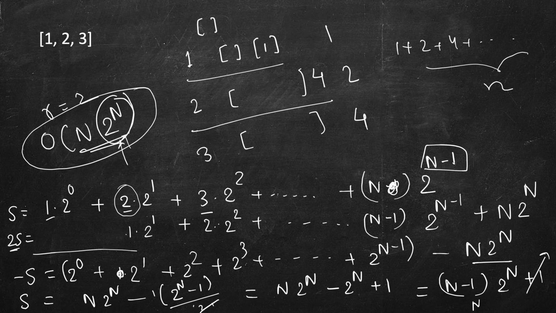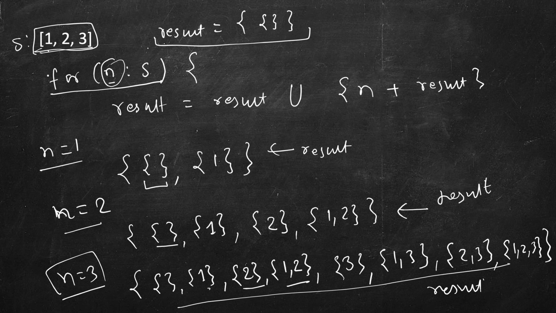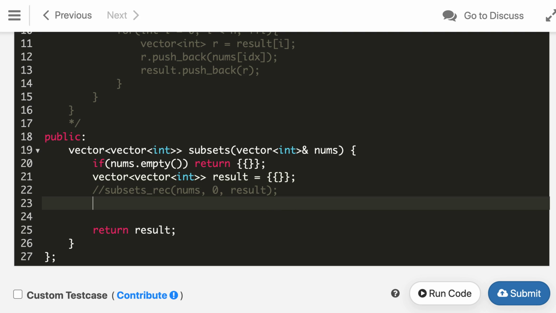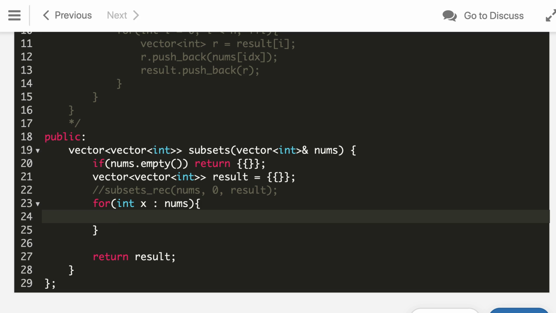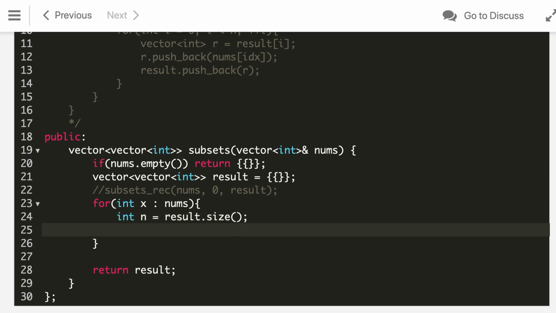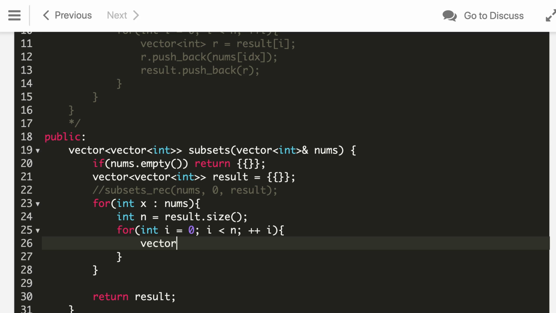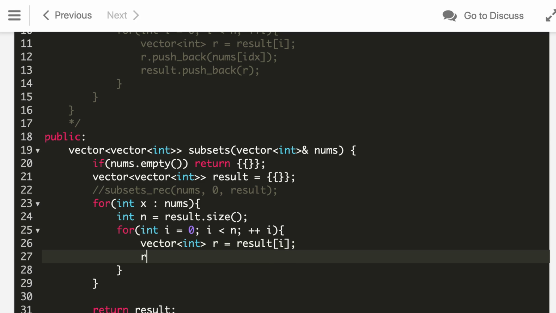Just what we saw here, we initialize with the empty set, then for all the elements of S we append to them this element. It's very similar to, in fact, this logic.